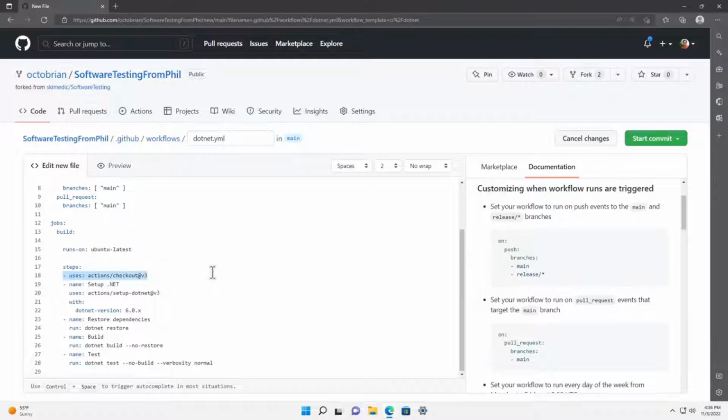onto the runner machine. Then we're going to come down here and get .NET configured, and we're telling it we want to use .NET 6. And then we come down, do a .NET restore, we do a build, and then we run our tests, all ready to go. Wait, so you're telling me that when code gets checked in, the tests are going to run automatically? Absolutely. Is that what you're telling me? It's magic.